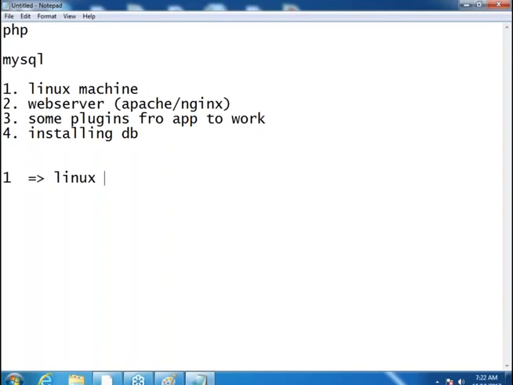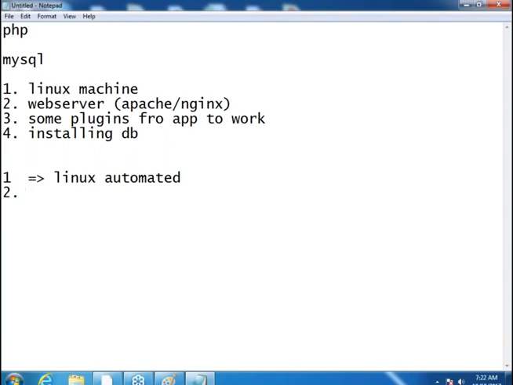If it is in the cloud, in Amazon cloud or Azure cloud, this can be automated. Or even if it is a virtual machine, it can be automated. But if it is a physical machine, bringing up Linux has to be manual, because no tool can basically format it and make it available. So that's the first activity, and then comes the next one, the web server.